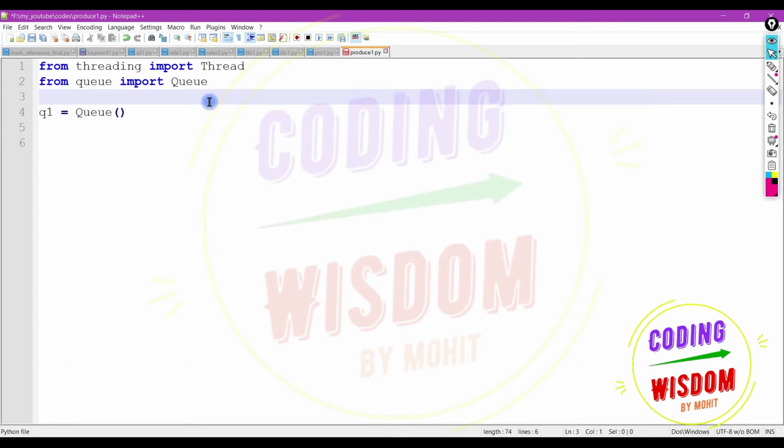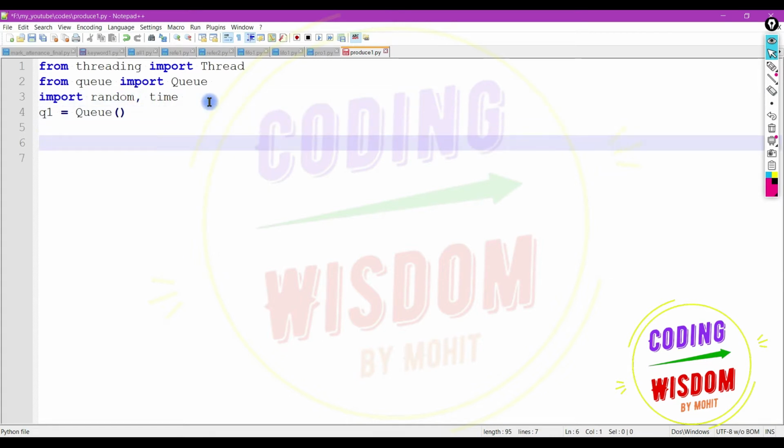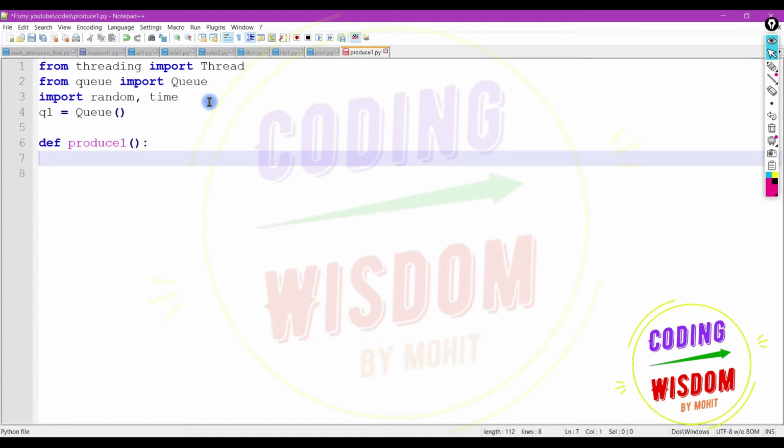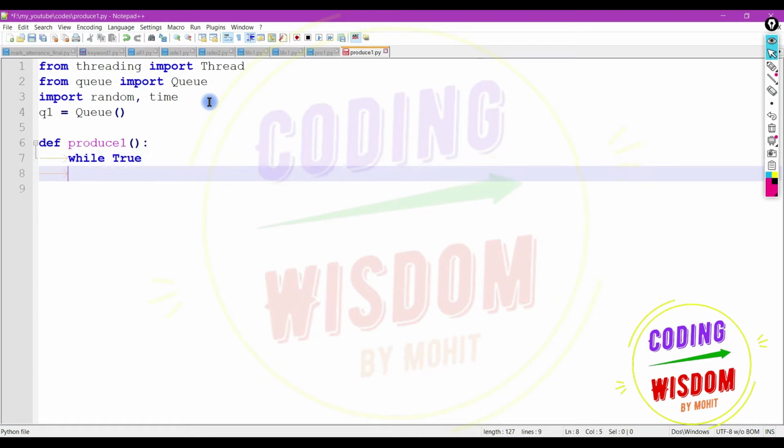One more module, that is random, and time. Define a function producer1, while True, produce a random number here.